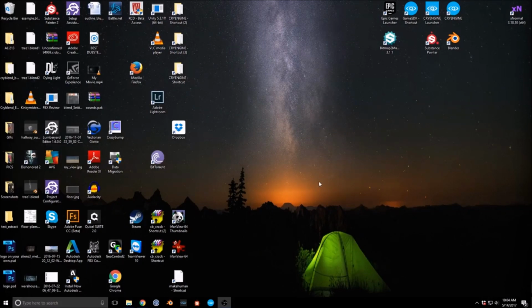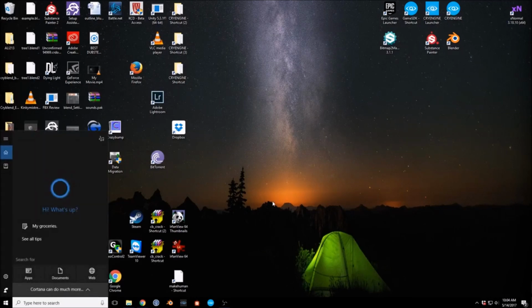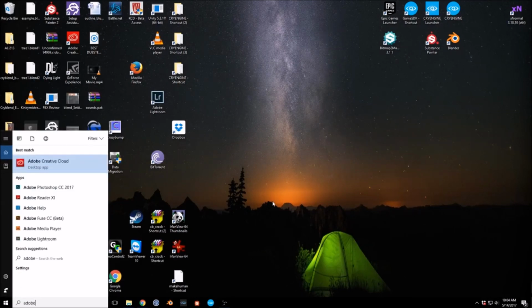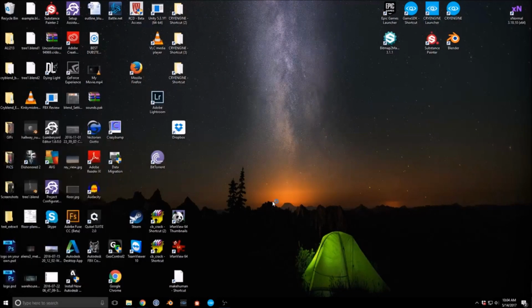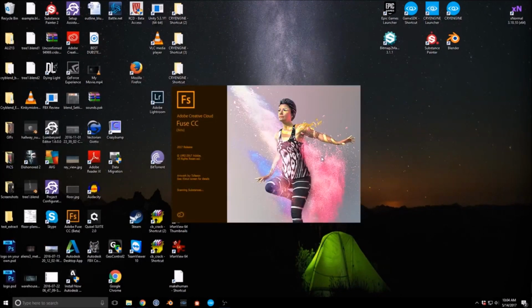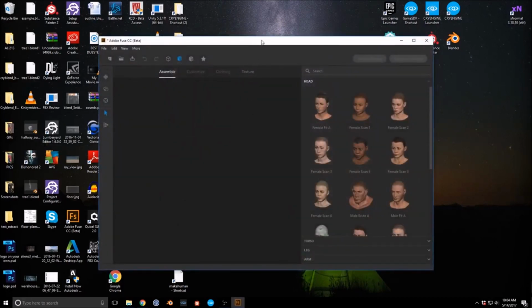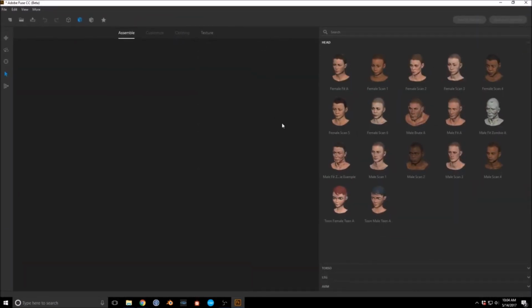Okay, so these minor tweaks are probably going to happen throughout, but let's get into it. As I was saying, we're going to start off with Adobe Fuse, which, if you have an Adobe Cloud, I believe, or an Adobe account, it's free. So hopefully it'll stay that way for a little bit. I think they're in beta, so I'm thinking it might be free for a little bit of time. Hopefully, we'll see how long. So let's start up by